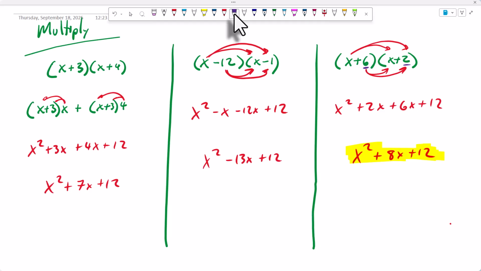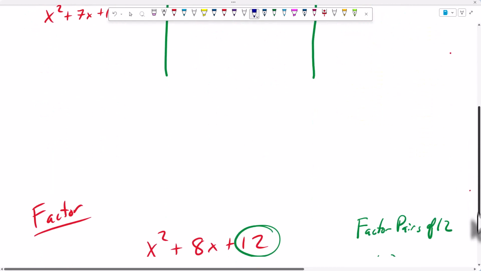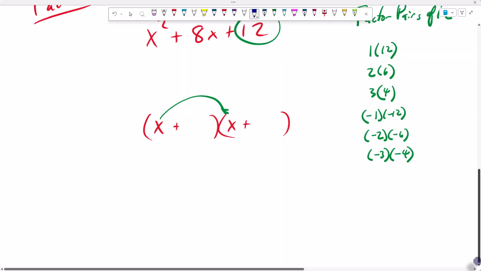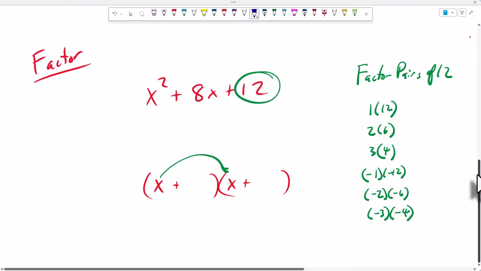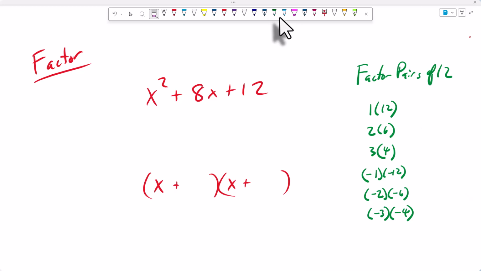Okay, and why do we care that it adds to 8? Yeah, because when we multiply this one and this one, we get our two middle terms, and then we combine like terms to get that. Okay, a lot of times, eventually we want to do this in our head, but until then, we can write